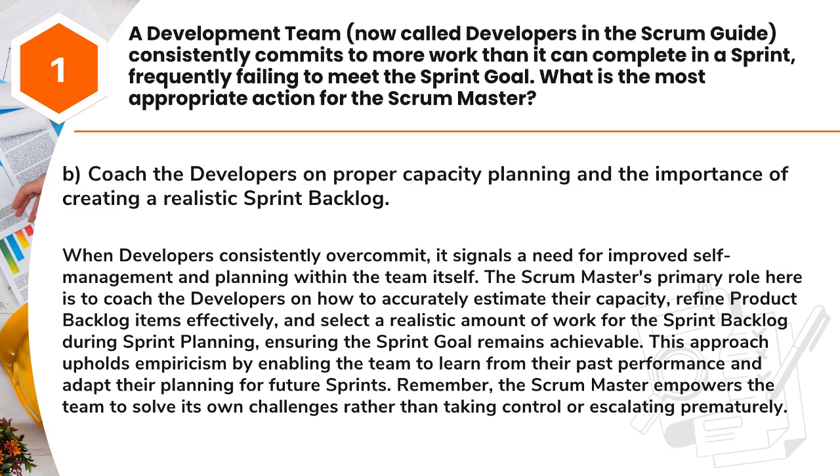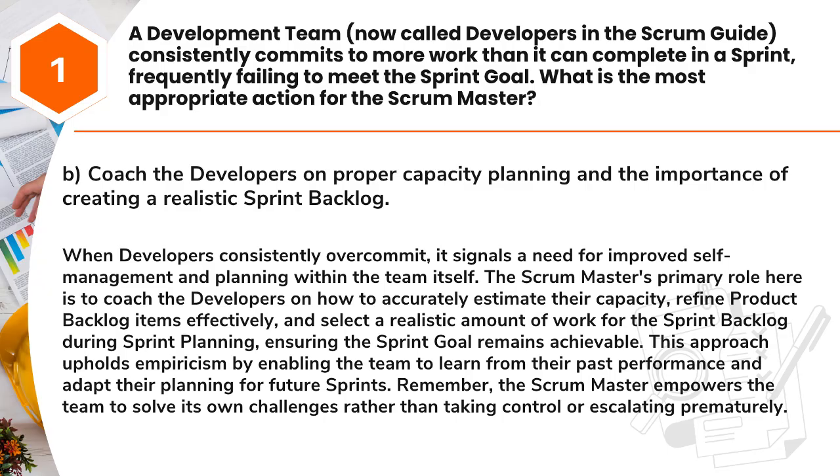Answer: B. Coach the developers on proper capacity planning and the importance of creating a realistic sprint backlog. When developers consistently overcommit, it signals a need for improved self-management and planning within the team itself. The Scrum Master's primary role here is to coach the developers on how to accurately estimate their capacity, refine product backlog items effectively, and select a realistic amount of work for the sprint backlog during sprint planning, ensuring the sprint